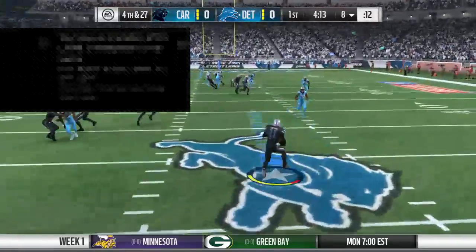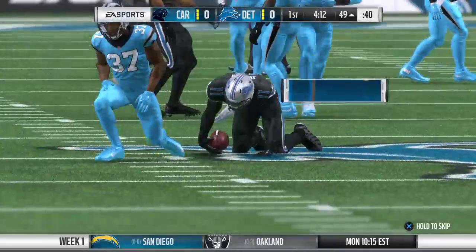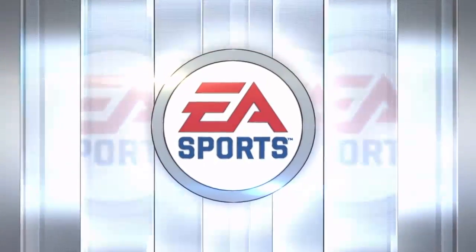That's taken it around the 40. Whoosh. Give him 11 yards that time on the return. And the Lions will have...